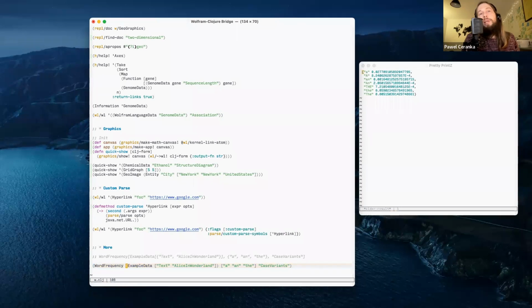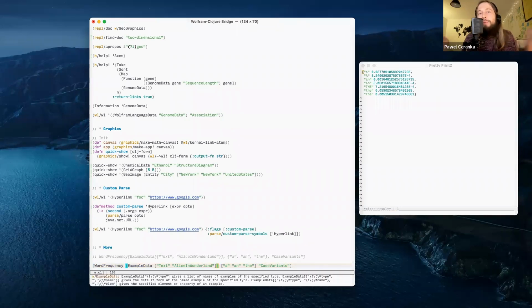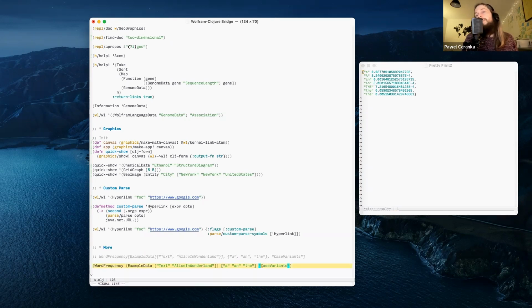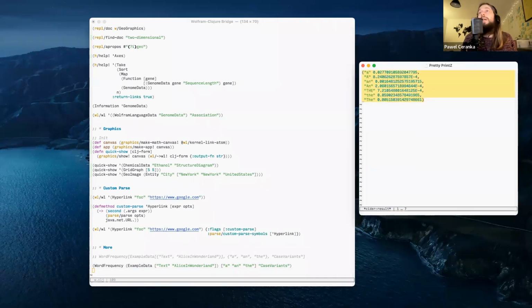They have a library of example data, for example some novels that are in the public domain. The frequency function just finds all occurrences of things listed here in a case-invariant way, and returns that as an association in Wolfram language, so it comes back in Clojure as a hash map.